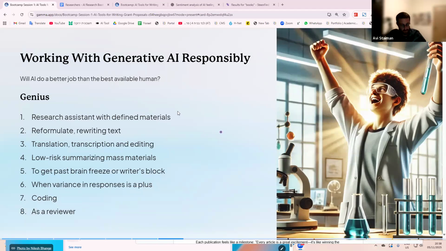The second way to use AI like a genius is reformulating or rewriting text. So let's recall that this is a large language model with a focus on language, which means that it can do a lot with reformulating or rewriting text. So I'll give you a very practical example. I was invited to a conference. I put together slides. They asked me to talk about AI regulation by publishers, right? Should publishers be making rules around AI?